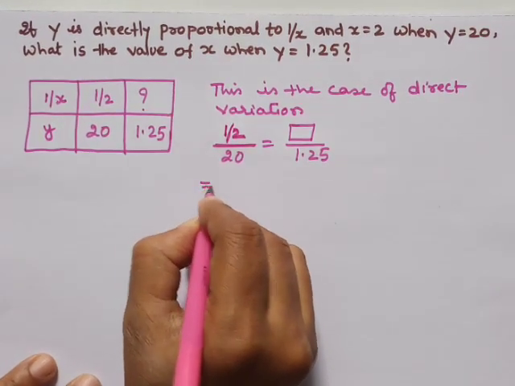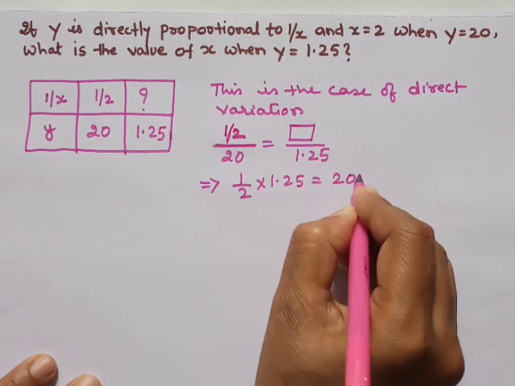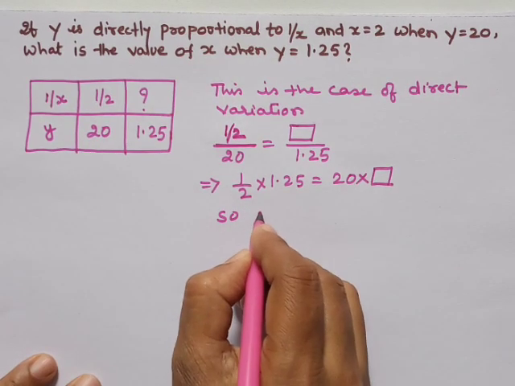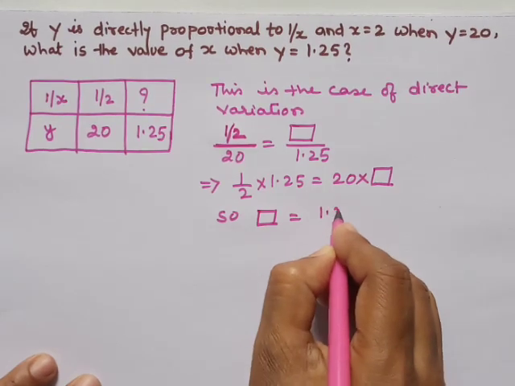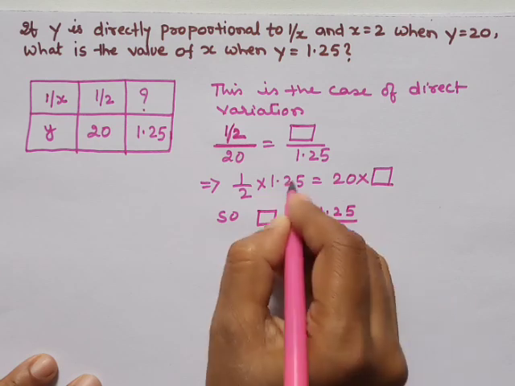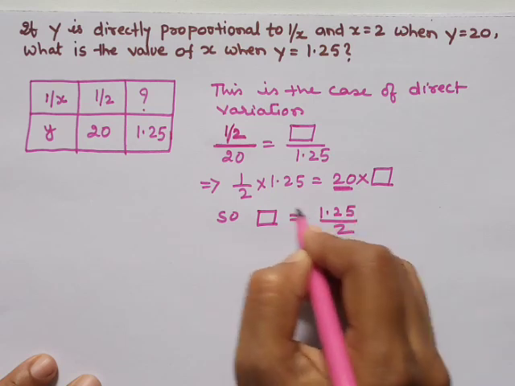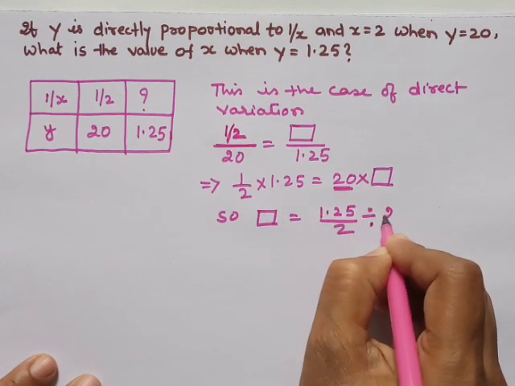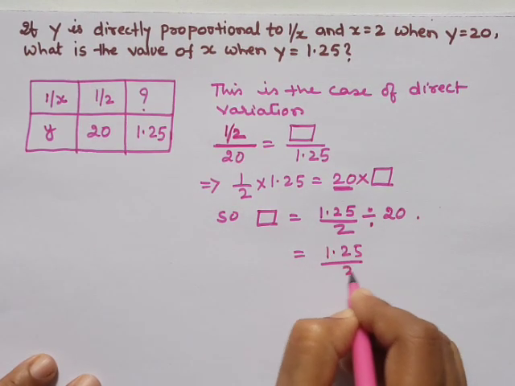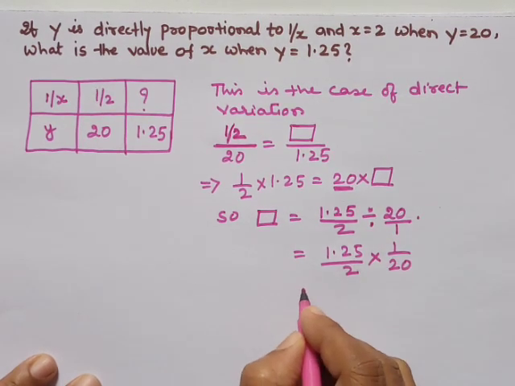Now see, how will you get this? 1 by 2 multiplied by 1.25 will be equal to 20 into your unknown number. So your unknown number will be 1.25 divided by 2 is equal to 20 into box. This 20 is multiplying here, so it will come here to divide. So this will be dividing by 20. What will you get? 1.25 by 2 into, this is 20 by 1, so multiplied by 1 by 20. So this will become